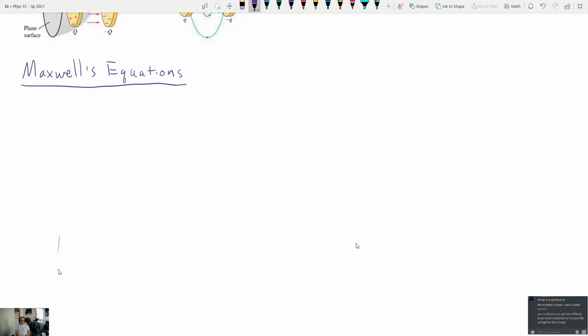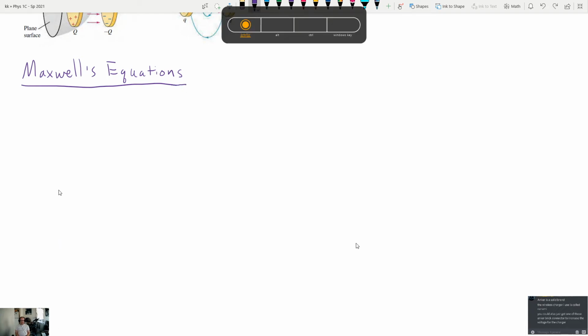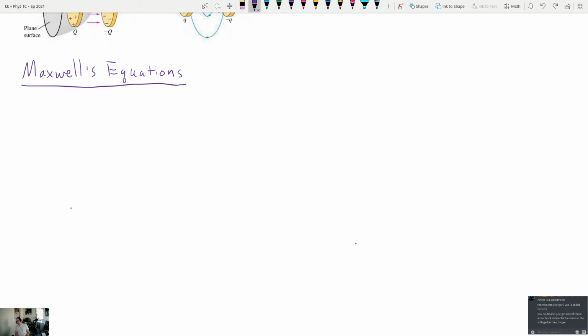Okay, so there are four Maxwell's equations. You need four equations plus the Lorentz Force Law to describe all of electricity and magnetism. That's all you need, which is pretty impressive. It's about the same number of equations as what you need in classical mechanics. So the four equations all have names. You have Gauss's law,